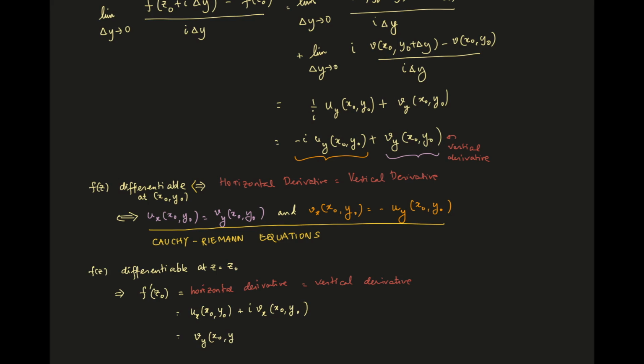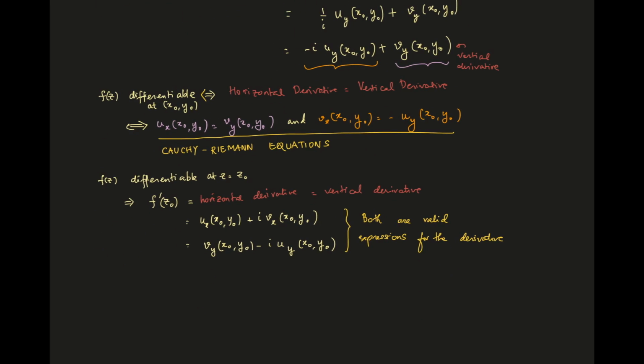In particular, you can write it in terms of the horizontal derivative, that is ux of x naught, y naught plus iota vx of x naught, y naught, or you can write it in terms of the vertical derivative, which is vy of x naught, y naught minus iota uy of x naught, y naught, and both are going to be equal,